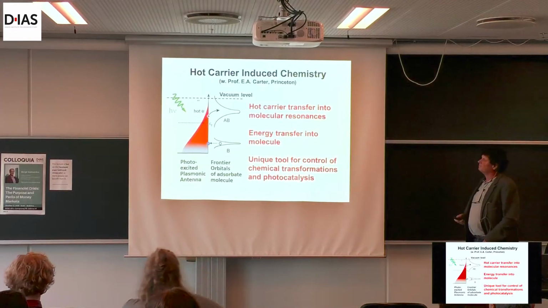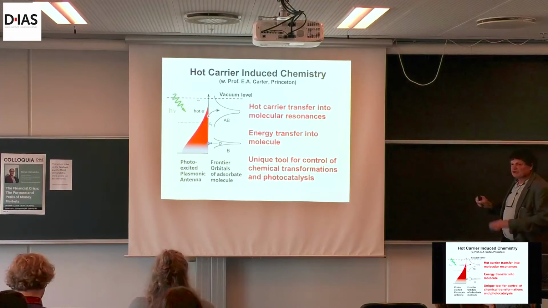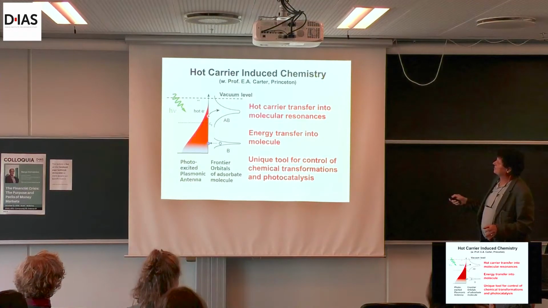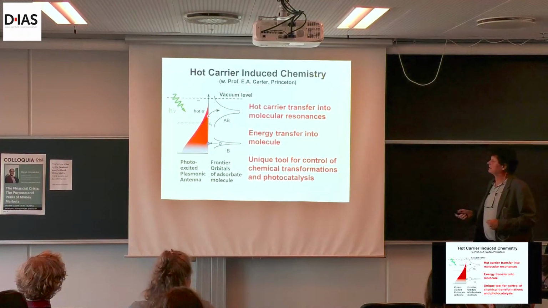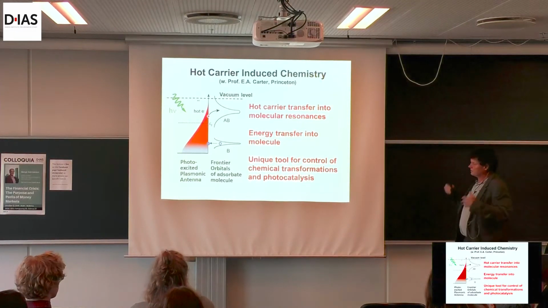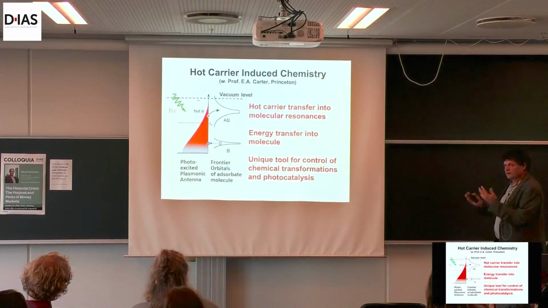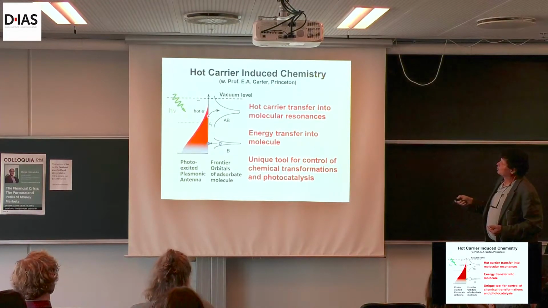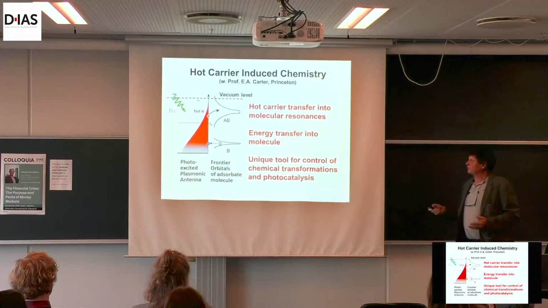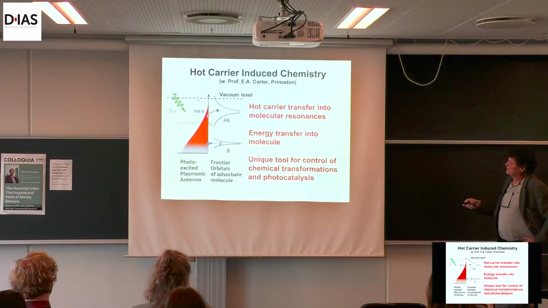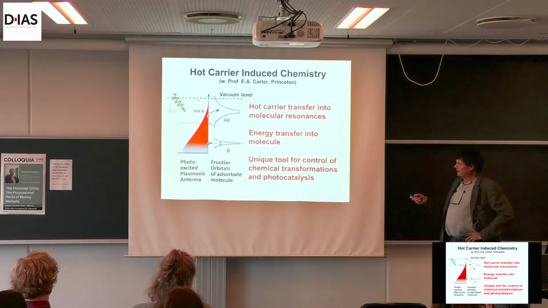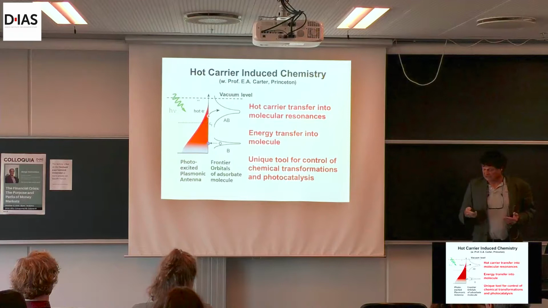We can do chemistry, my last topic. And I'm not a chemist, but fortunately I collaborate with people who know chemistry. This is Emily Carter at Princeton. And this is basically the poor physicist's view of what happens here. You put the molecule on the surface, you will have bonding orbitals below the Fermi energy and the bonding levels above the Fermi energy. If your surface has no hot carriers, you can have no hole transfer, no electron transfers. But if you create hot carriers, you can have redox, you can have electron and hole transfer, okay?